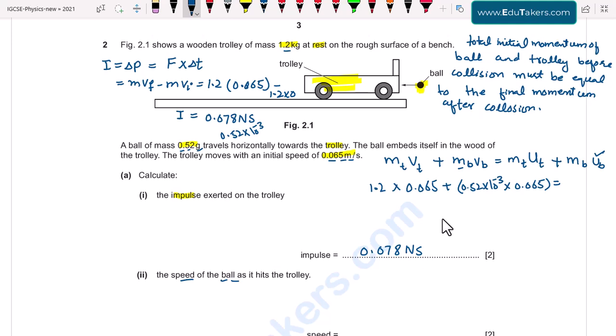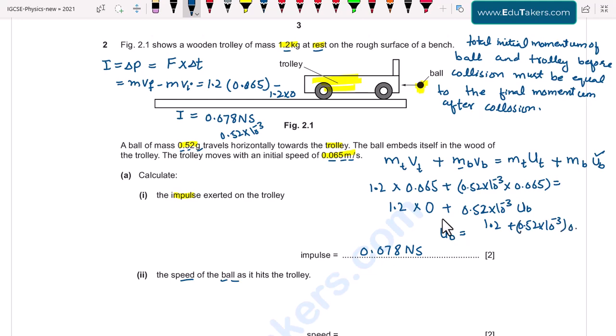So again the mass of trolley is 1.2 kilogram and it is initially at rest. So its velocity will be equal to 0 plus the mass of ball is 0.52 into 10 power minus 3, and we have to calculate ub. So from here ub becomes as, so I write here 1.2 plus 0.52 into 10 power minus 3,